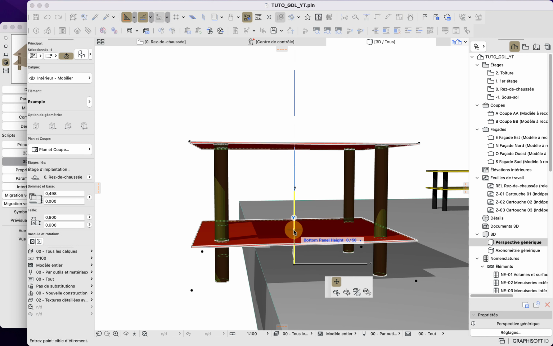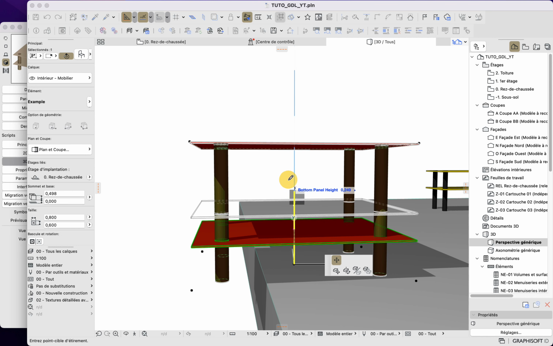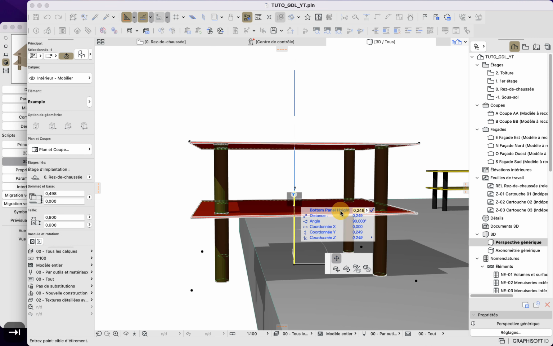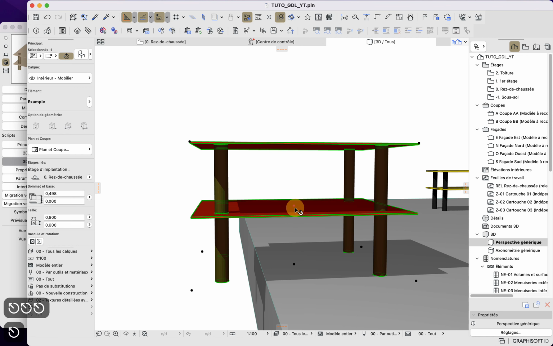Then I would need hotspots here that will be dynamic, that would follow the parameter value that is associated to it, which is here bottom panel height, obviously. And then I will need a third hotspot that will be the opposite direction from the dynamic hotspot, the purple hotspot.